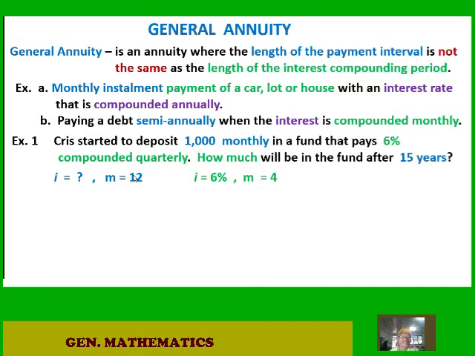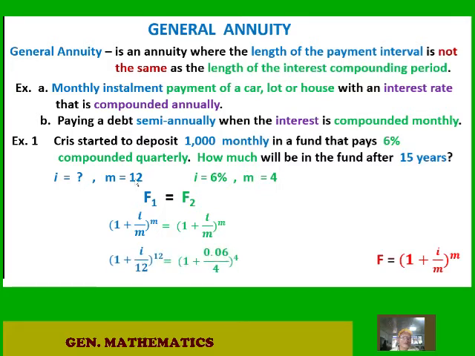And we have to determine a corresponding interest rate per month, which is equivalent to 6% compounded quarterly. So m equals 4. Okay, so using our previous formula, i is unknown, m is 12, here i is 0.06, m is 4, simplify,